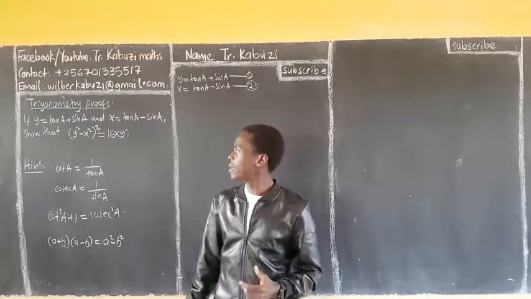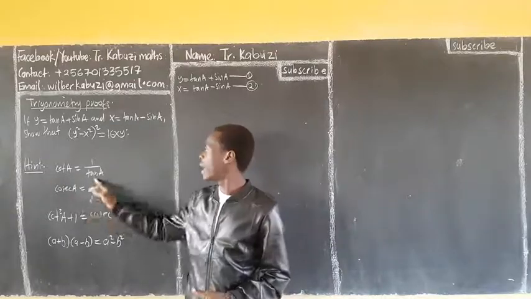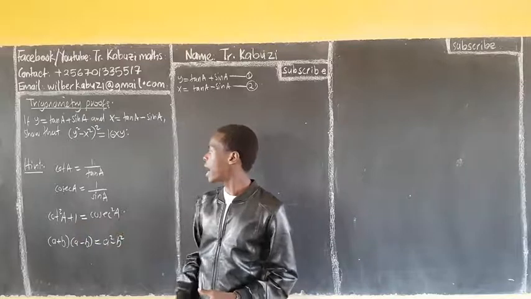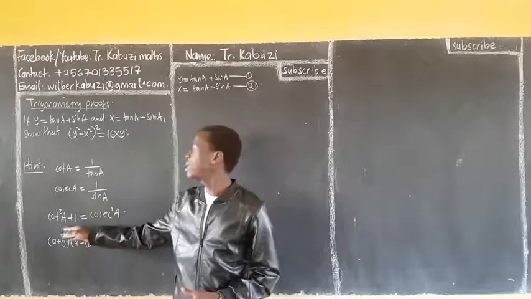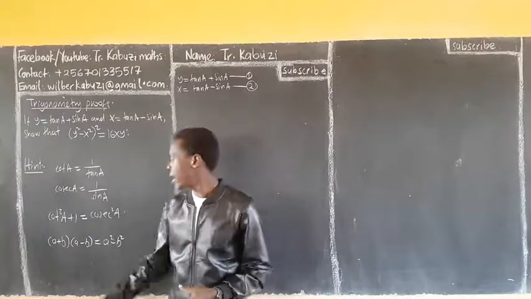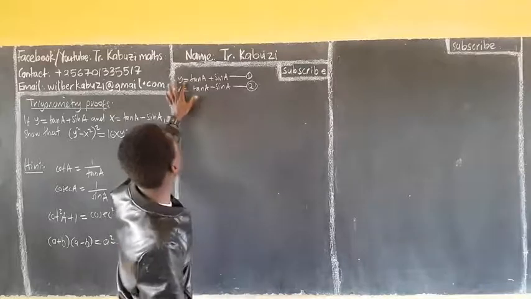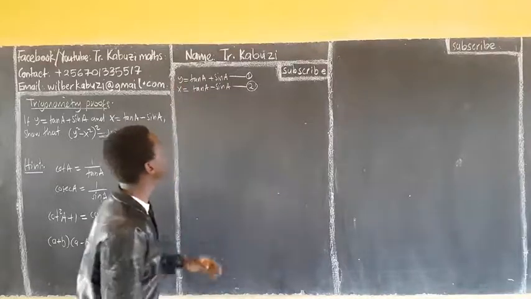Anyway, to handle that, the hint we are going to use here is, you know that cot A is the reciprocal of tan, and cosec is the reciprocal of sin, and then this third identity, that cot squared plus 1 is equal to cosec squared, and we're also going to use the idea of a difference of two squares. So if I call this one equation 1 and this equation 2, I want to eliminate the